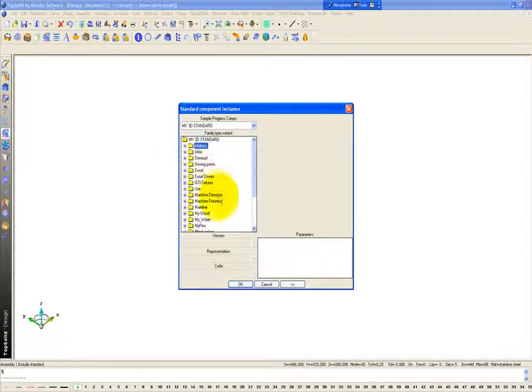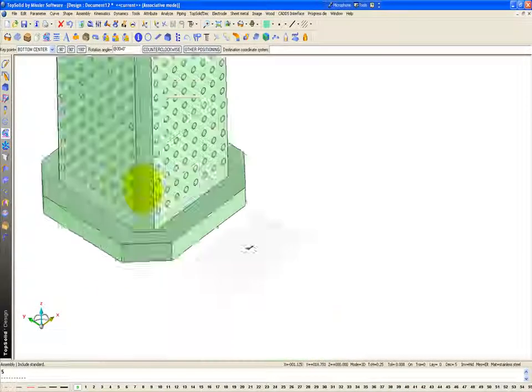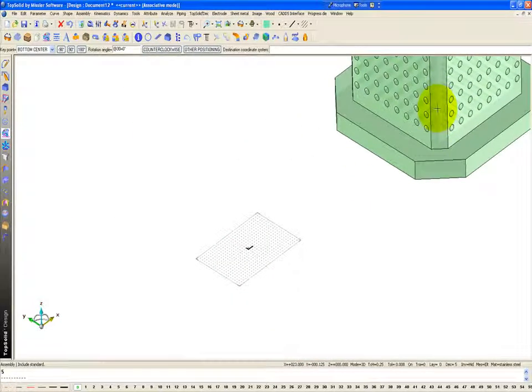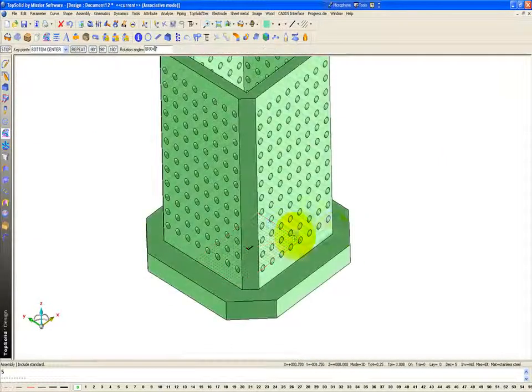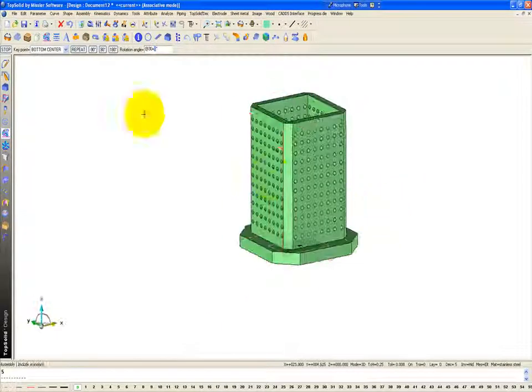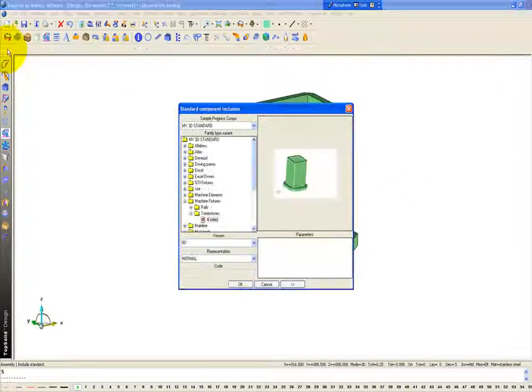I'll go down to machine fixtures, go to my tombstones, my four-sided tombstones, say OK. And here what I want to do is simply add it right onto the top of my coordinate system. So I'm just going to click right there, and that locks it in place. I'm going to hit stop, other component. Now I'm going to other component because I also have some fixture rails that I tend to use. So I'm going to go ahead and select that,